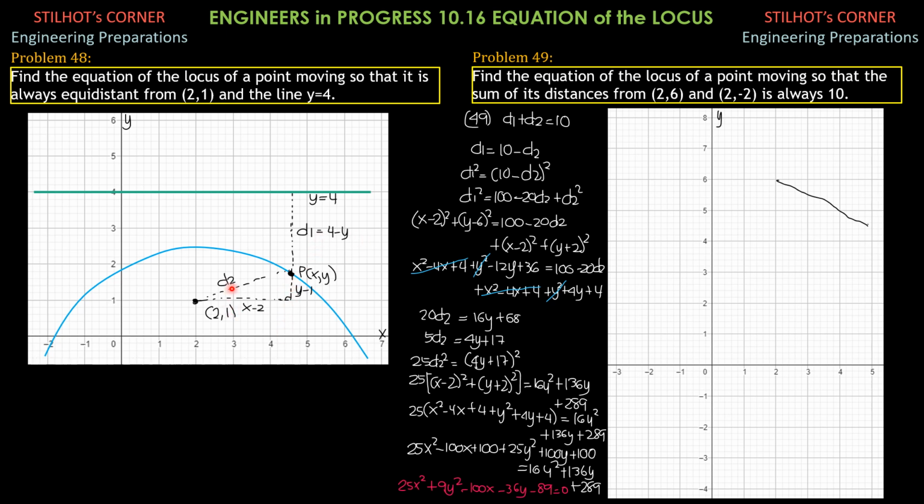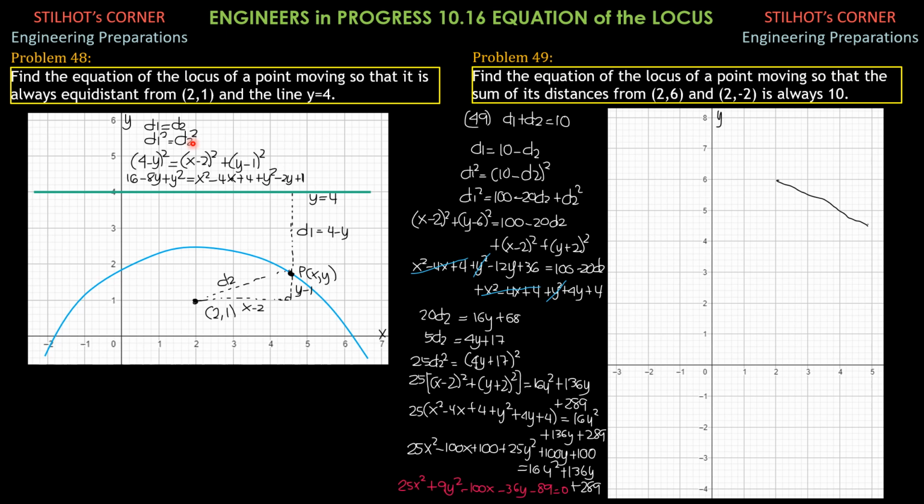This is distance 2, the distance between (x, y) and (2, 1). So the horizontal distance between (x, y) and (2, 1) is x minus 2, right x minus left x, and the vertical distance, upper y minus lower y, so y minus 1. So by the Pythagorean theorem, distance 2 is simply the square root of (x minus 2) squared plus (y minus 1) squared. So first equation, d1 equals d2, and therefore squaring both sides, distance 1 squared